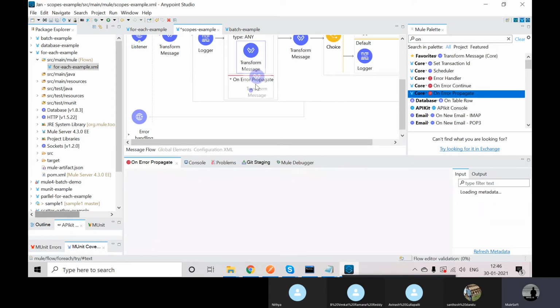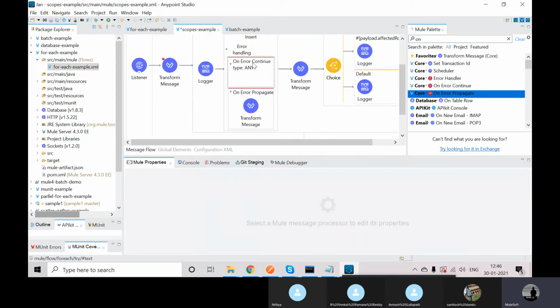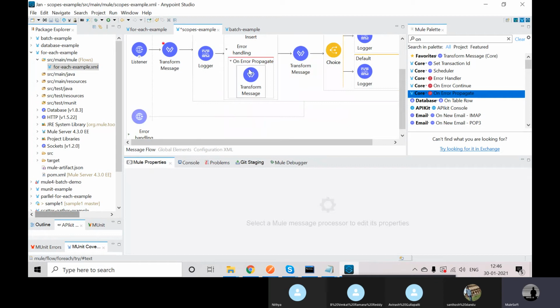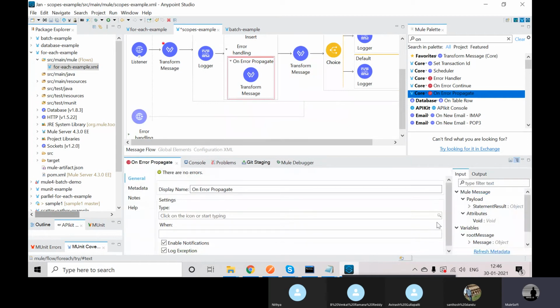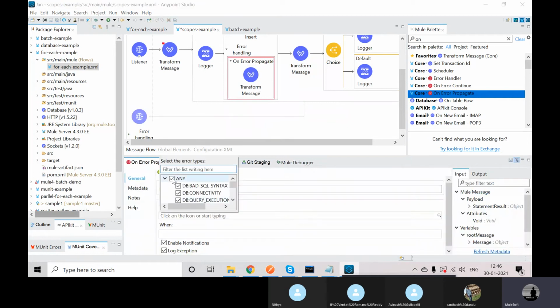Okay, I'll drag this thing. I'll delete this continue actually. I don't want this continue. So what will happen if I place on error propagate? We'll see.